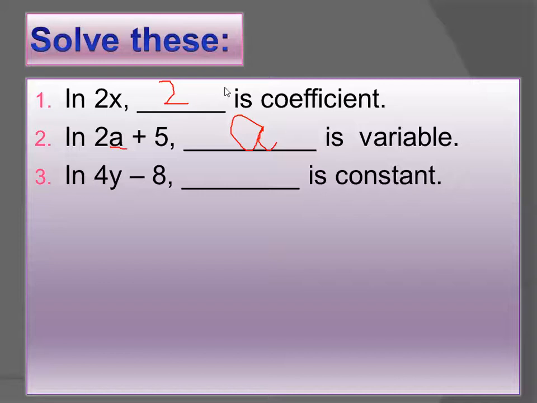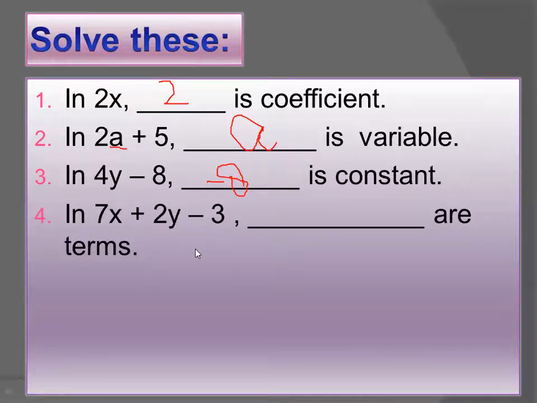Minus symbol is not the constant. I'm repeating again, minus is an operation, and I'm asking you here for the constant. So the correct answer here, given by Alina Salman, is minus 8. Minus 8 will be the constant here. You will simply write it along with the operation, minus 8. If you have plus 8, you can simply write 8. But here you have minus 8, so that's why you will write minus 8 is constant. Now move on to the next one.